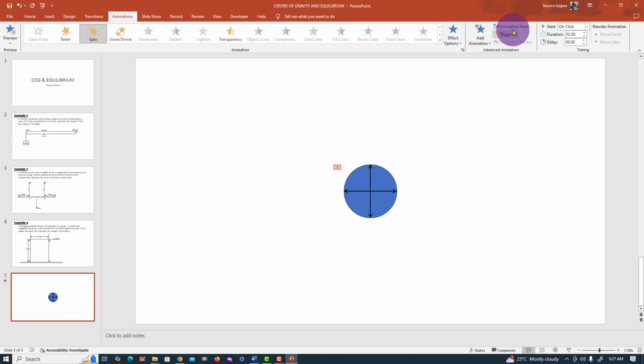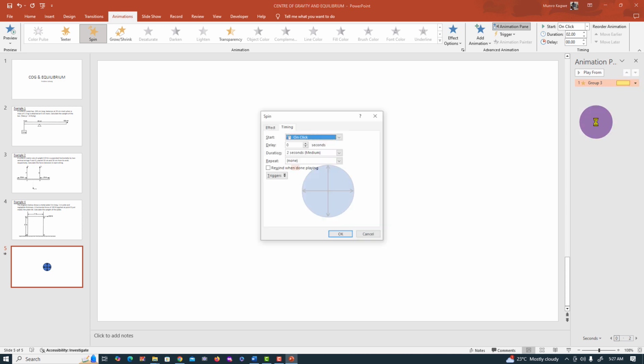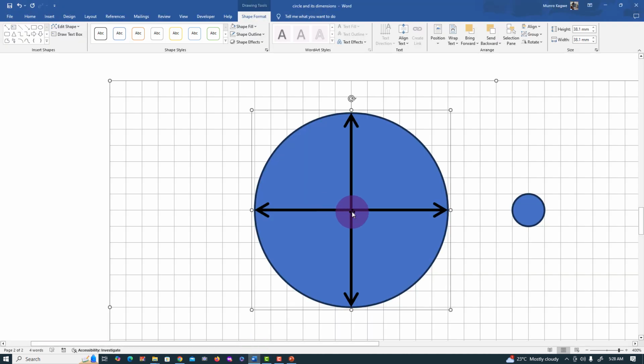Let me activate the animation pane. Here we are on the animation pane. I'm going to change the timing of the animation to make it like 5 seconds, so that it spins slowly. And when I put my cursor there, you can see that it is spinning about that particular point. Let's play it again, and there you have it. It's spinning about the center, and that is proof that the point of intersection of these lines is the center